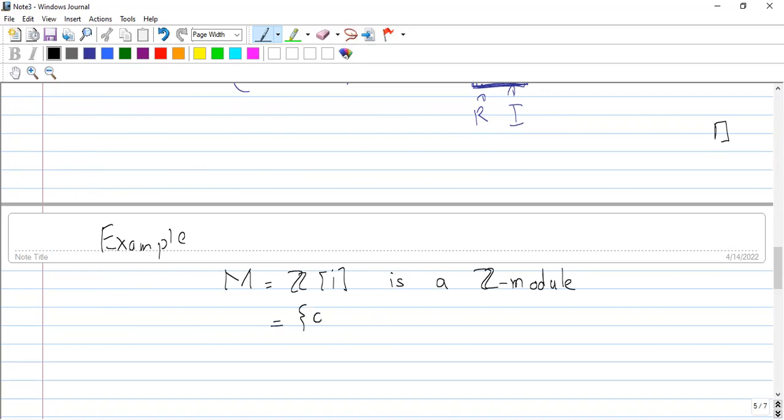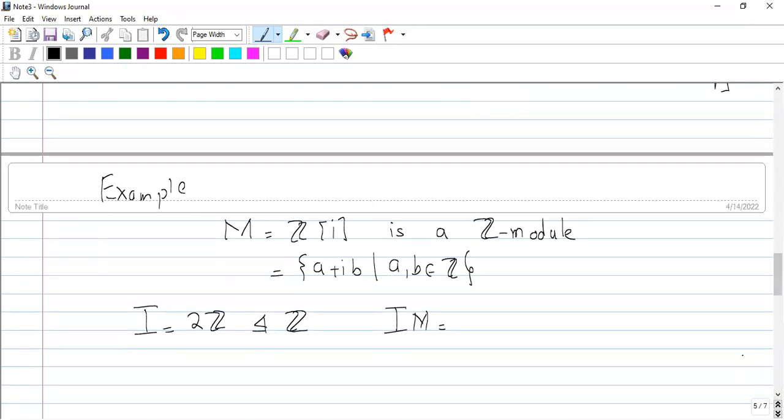So we know that it contains elements in the form of a plus iota b, where a and b are integers. So for an ideal I, let's say 2Z. So 2Z is an ideal of Z. Now here IM is defined in this way. I will multiply elements of 2Z with elements of Z iota. So after multiplying elements of 2Z